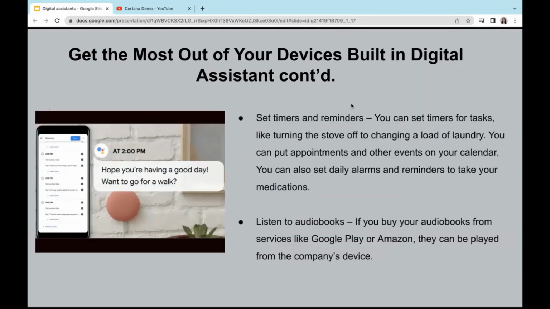As I mentioned earlier, you can also set timers and reminders. You can set timers for tasks like turning off the stove to changing a load of laundry. You can also put appointments and other events on your calendar. And you can also set daily alarms and reminders to take care of your medications. You can also listen to audiobooks. If you buy your audiobook from service